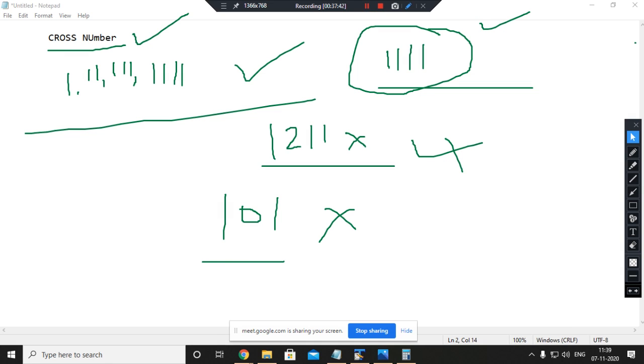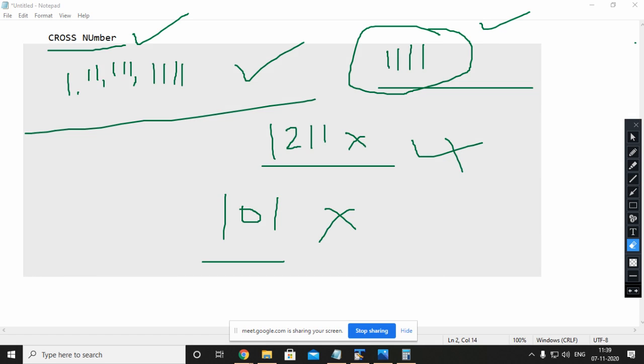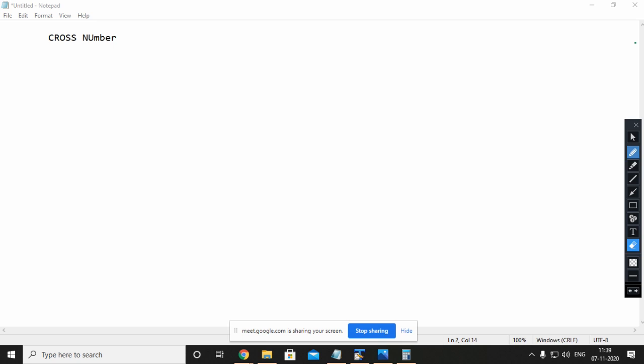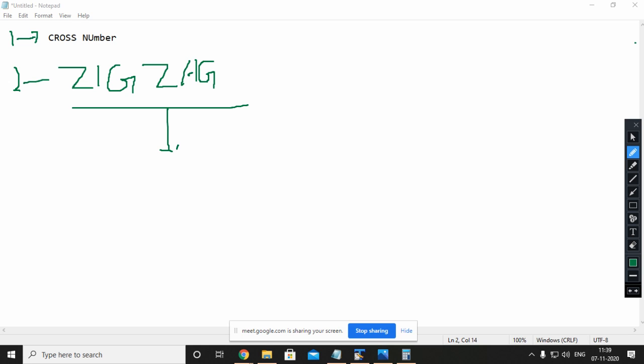So will you do it now or will you take it as homework? One more homework can I give? One more program I am giving you. See, in the last question, I have checked zigzag number, right? Now the second question is related to this part only.